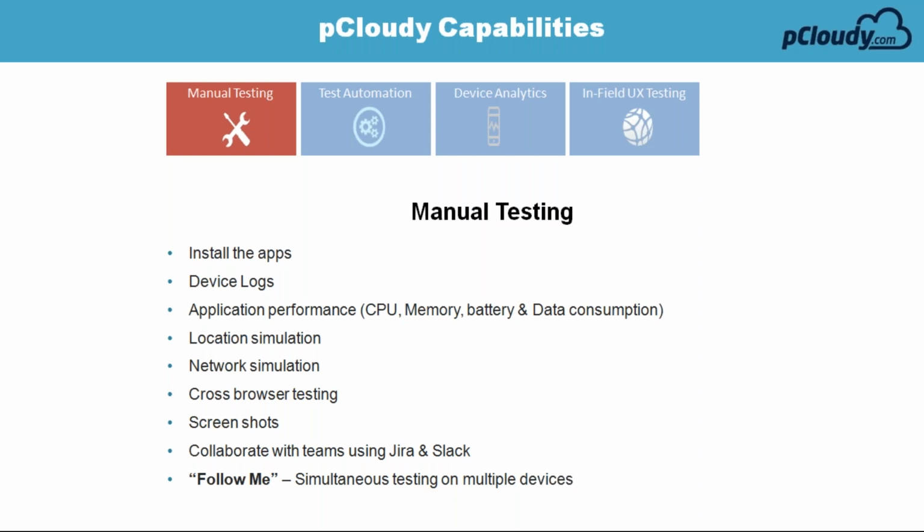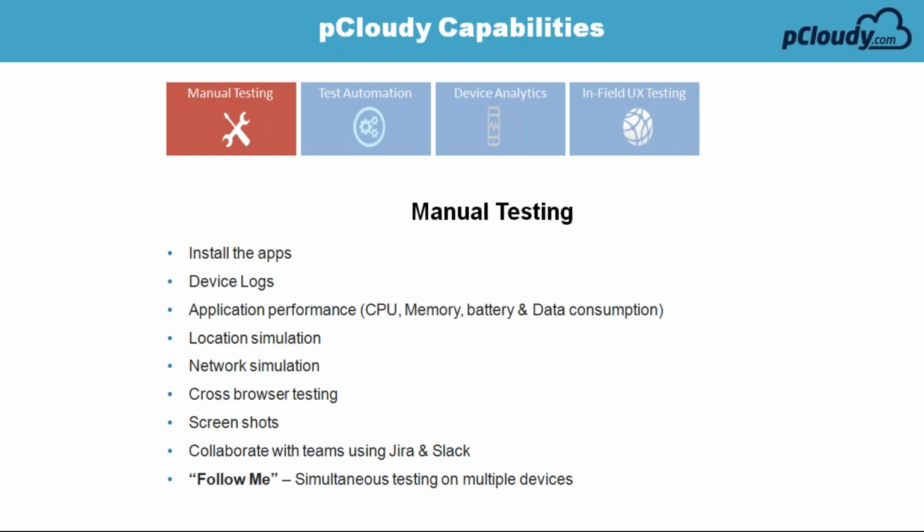You can also simulate different geographical locations for your location aware applications. You can test with the different network simulation techniques. Nowadays most of the applications are client server applications, so it is a must that you test your applications with different network conditions, by throttling different network capabilities of the existing network. So we provide that simulation here, and as Nagendra was pointing out,